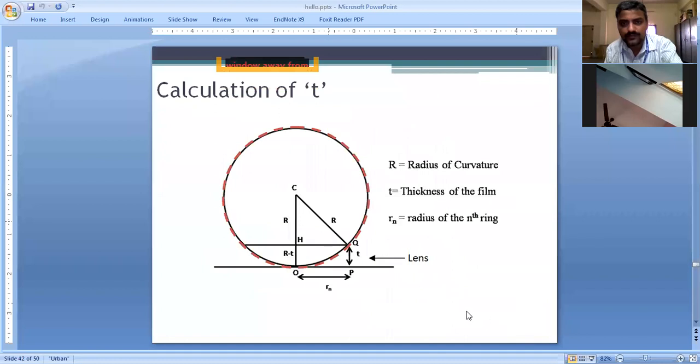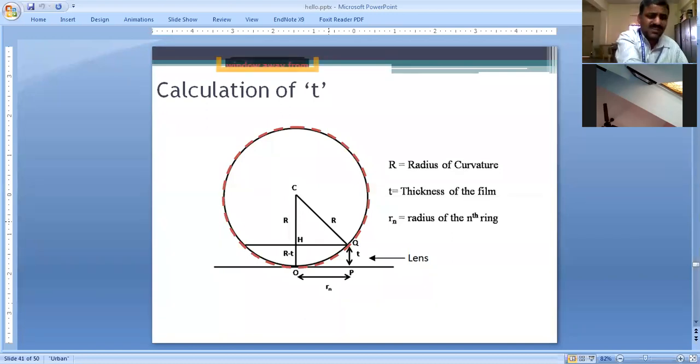See here, I'm unable to show. Please follow me on my video. I have this mask. For the time being, please imagine this as a lens, a plano convex lens. Of course, it's not so. Assume that my mobile is something like a plain glass plate and you mount it like this, right? So here you have a plano concave shaped air gap in between the mask and this one.